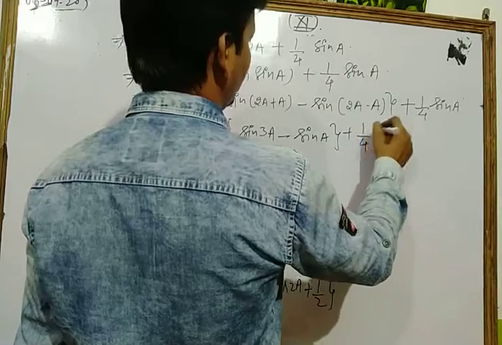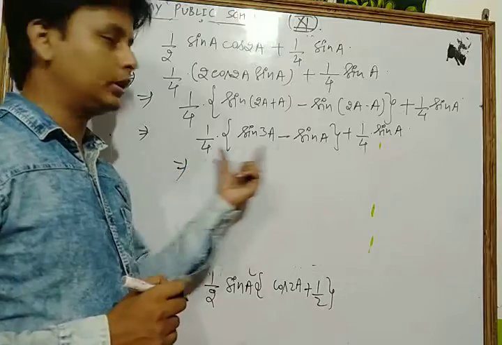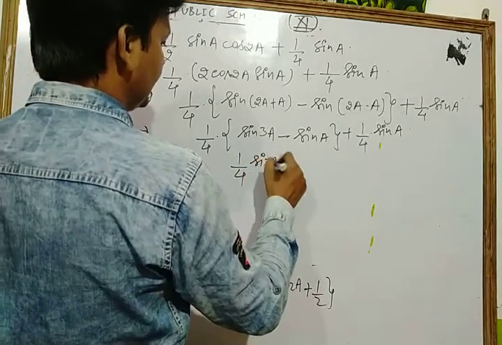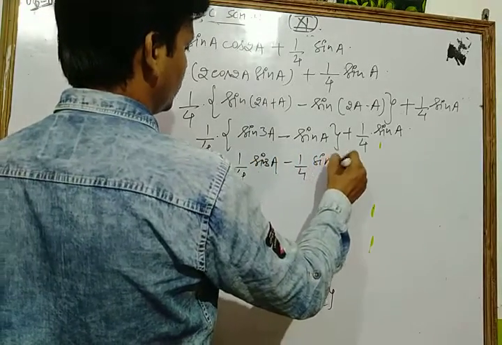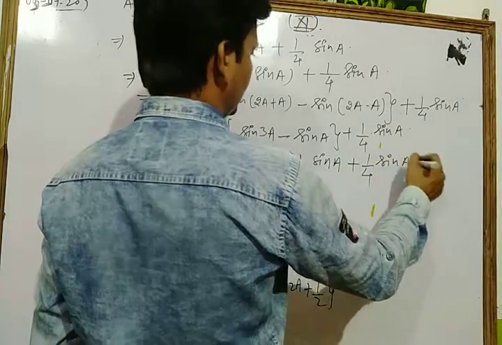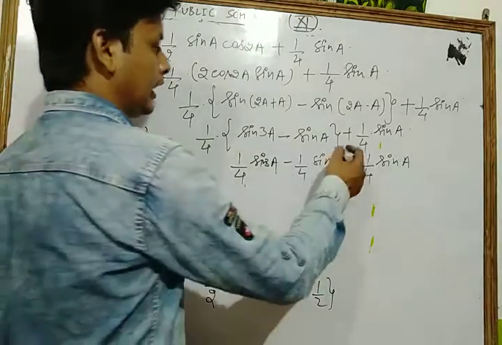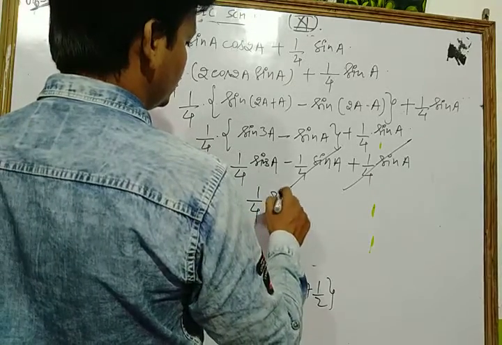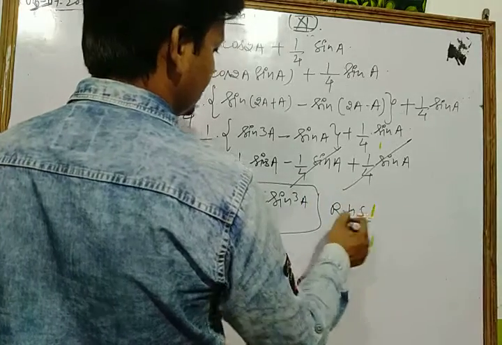plus 1 by 4 into sin A. Now we multiply 1 by 4 in this bracket, we get 1 by 4 sin 3A minus 1 by 4 into sin A, plus here what I get, 1 by 4 into plus sin A. Now let's see here, minus 1 by 4 sin A plus 1 by 4 sin A cancel each other, then what I get, 1 by 4 into sin 3A. This is our result, this is RHS, hence